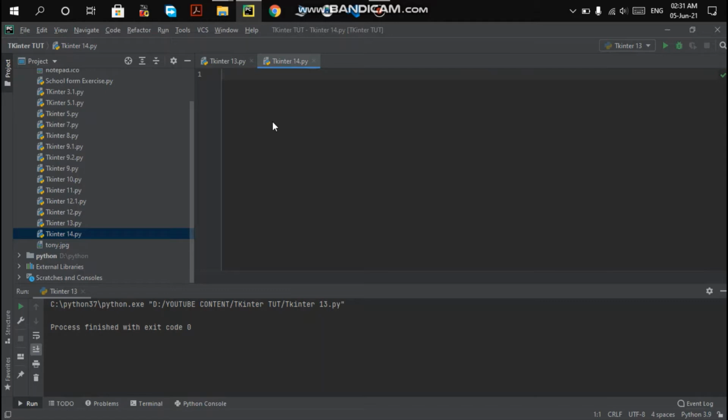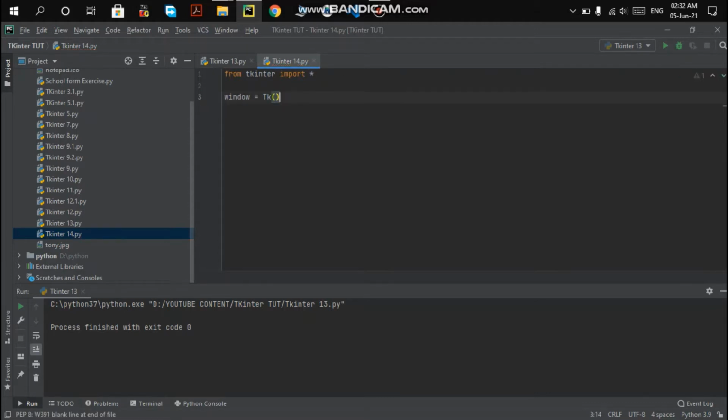First of all, we are going to import the important files we need to make a GUI application, and create the base window of the application, because without this you cannot easily make your application.